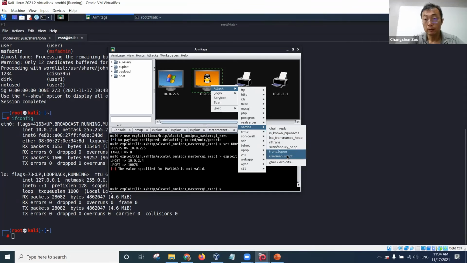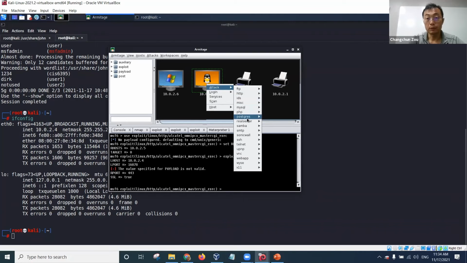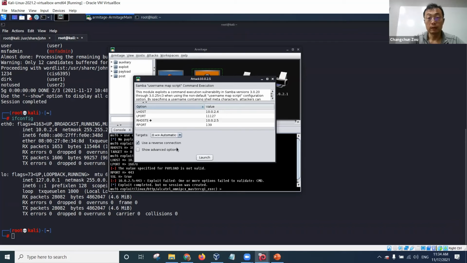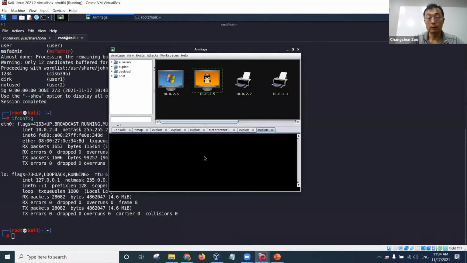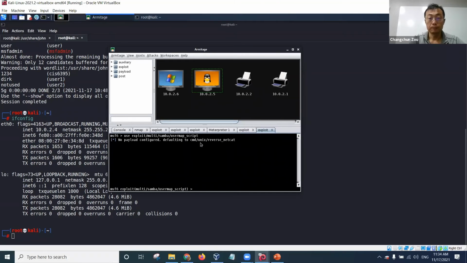Samba. Okay, so you can see this configuration has some problem. Let's try Samba user map. Right now, this default configuration is using reverse TCP connection. I just launched the attack, so this is a new exploit. For the previous exploit, no session was created. This is a new attack. I think this one should be successful, but